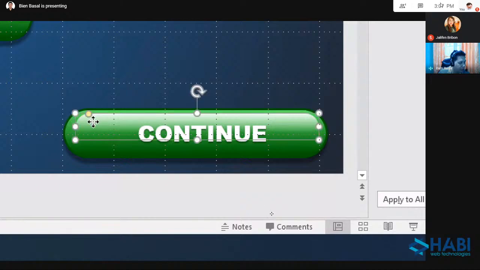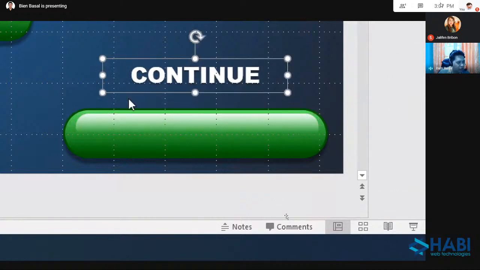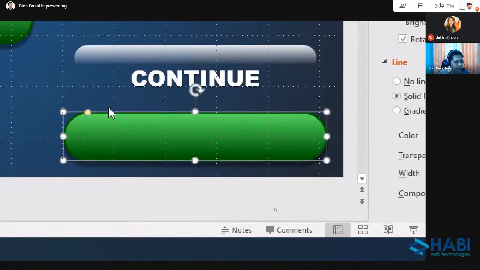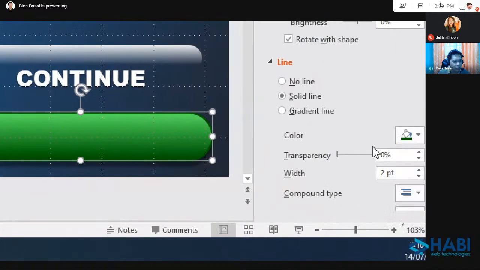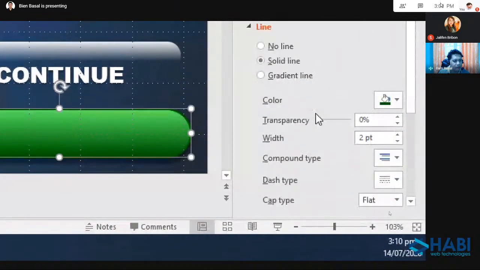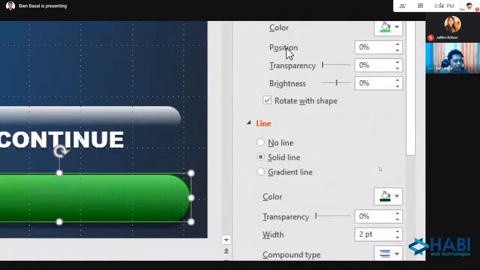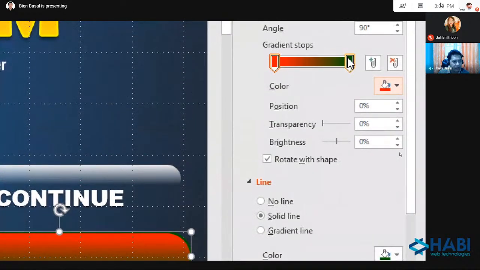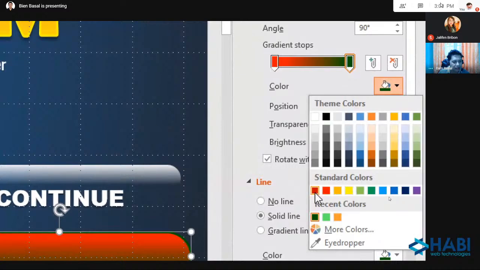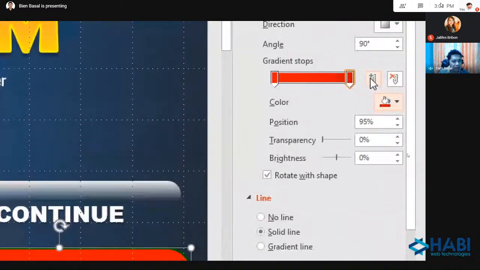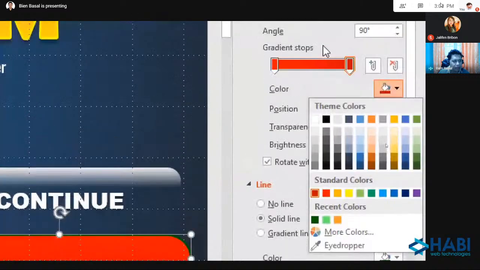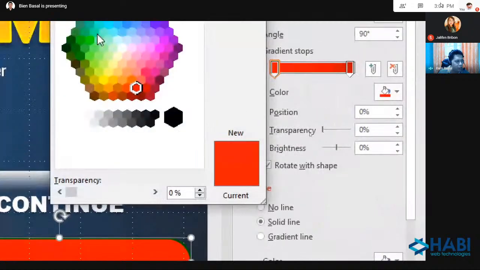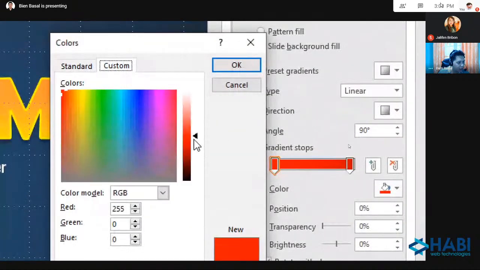I will select po muna ito. Temporary, ihiwalay ko muna po yung mga buttons na yan. Because I want to focus muna po dito. And I will click po ito and I will modify yung gradient. I will change the gradient color. This one is light red and this one is dark red. And, siguro darker pa. Or maybe this one lighter. More colors. I will use a lighter one.